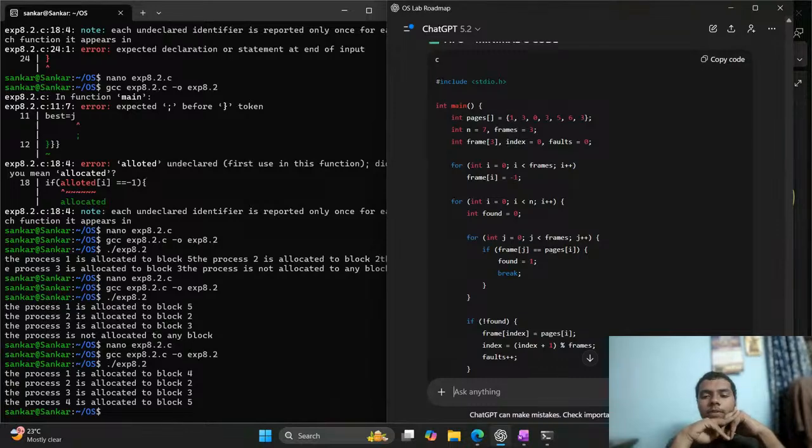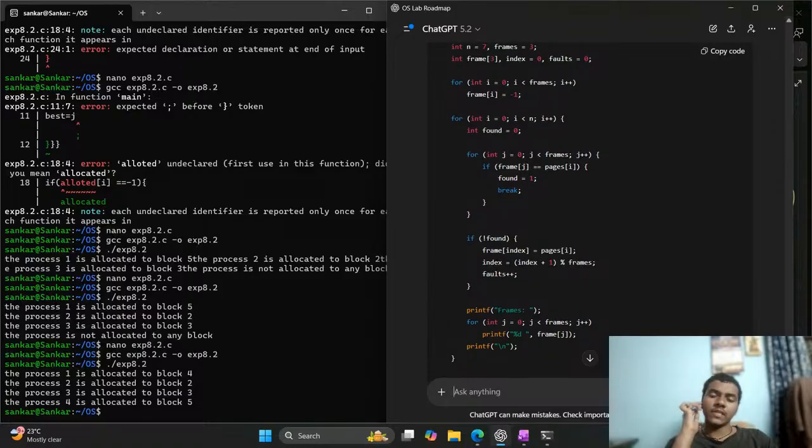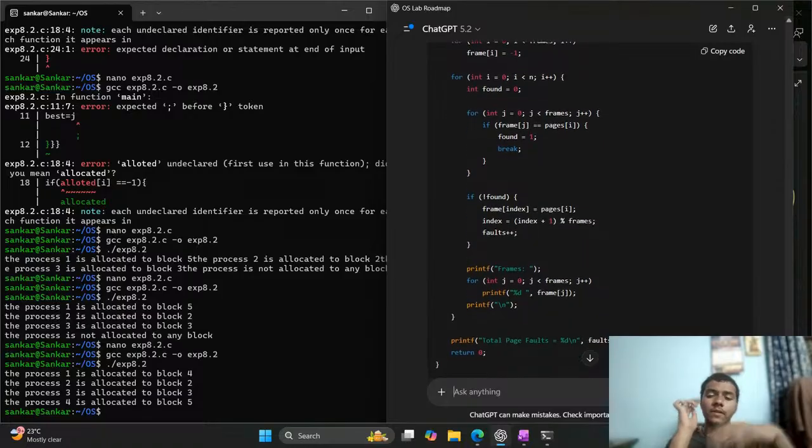You keep the count equal to 0, and you are checking the frames. You are checking the page for every frame. If not found,